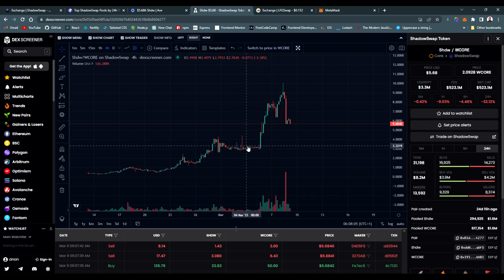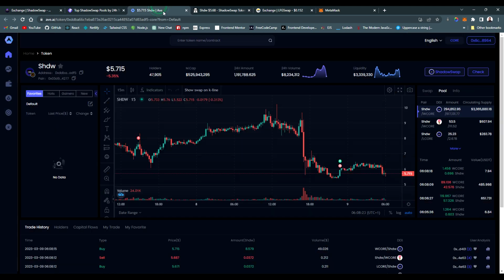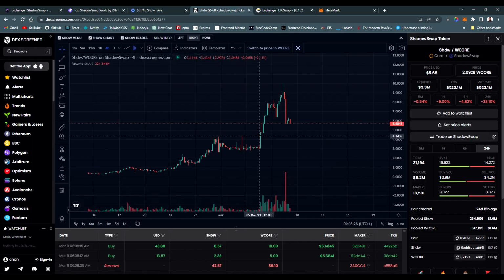So you don't want to see a token pumping up like that, and then you open at the top there. If any retracement happens, you're going to be on the losing side, right? That's that. So now, moving on from that, here you've seen the chart, you're able to tell,